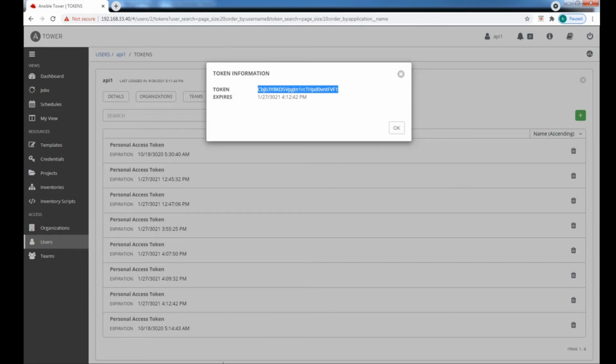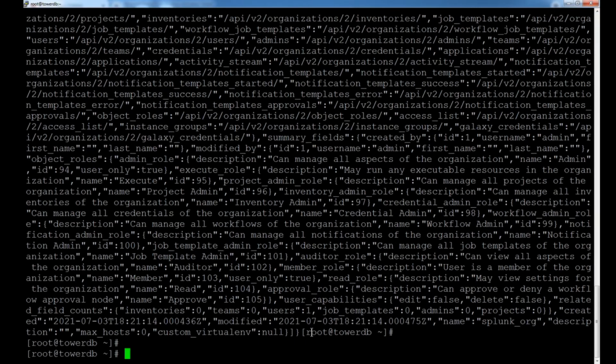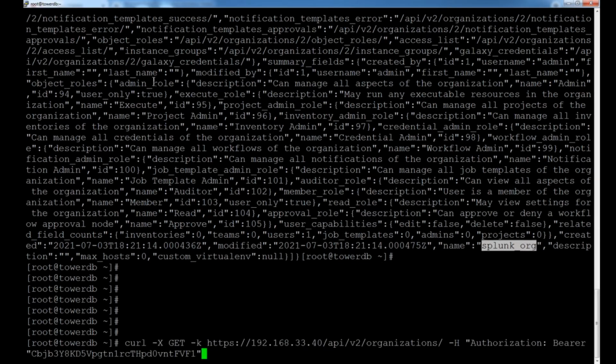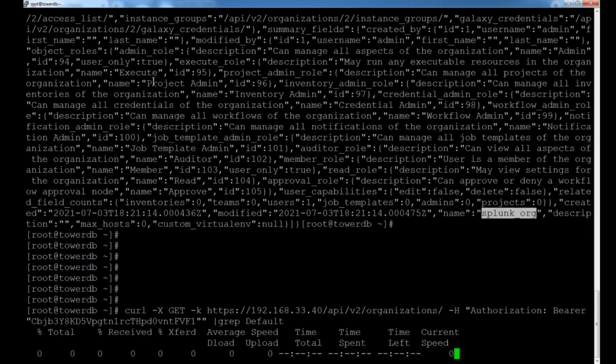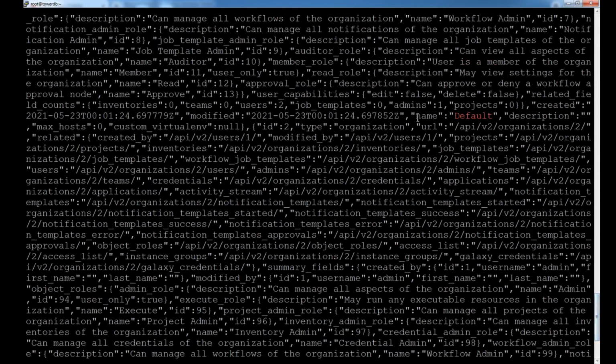We'll try the same URL, the list of organizations, using the token we just created. Awesome, it returned the values. The Splunk organization, and one more is the default. Let's search for that. Grep default. Yeah, it's a bunch of output. Here you go, the default one,